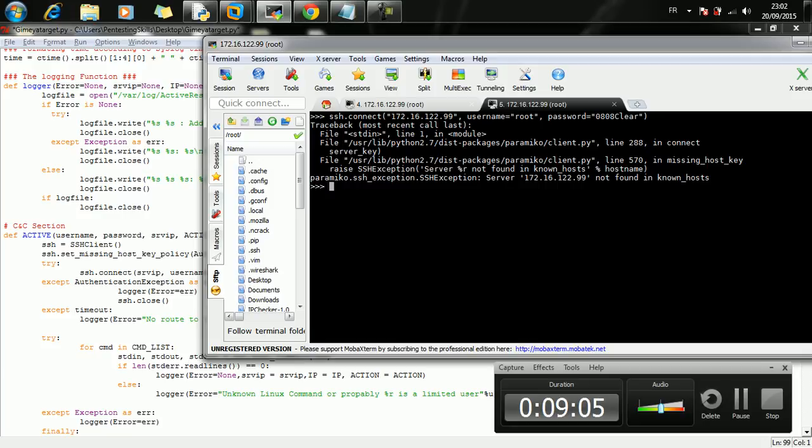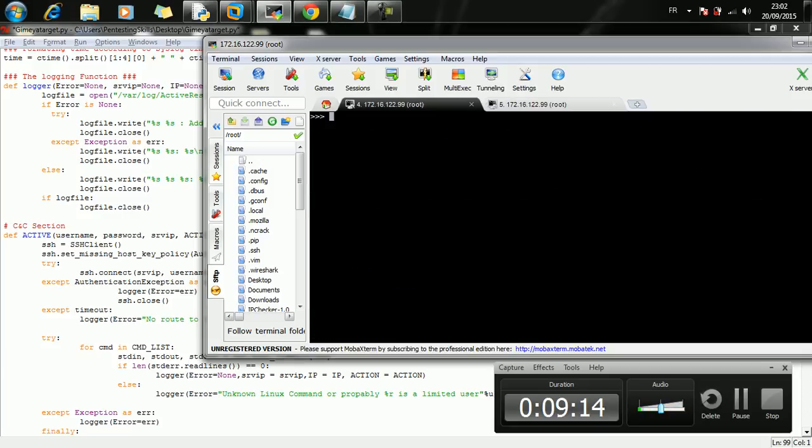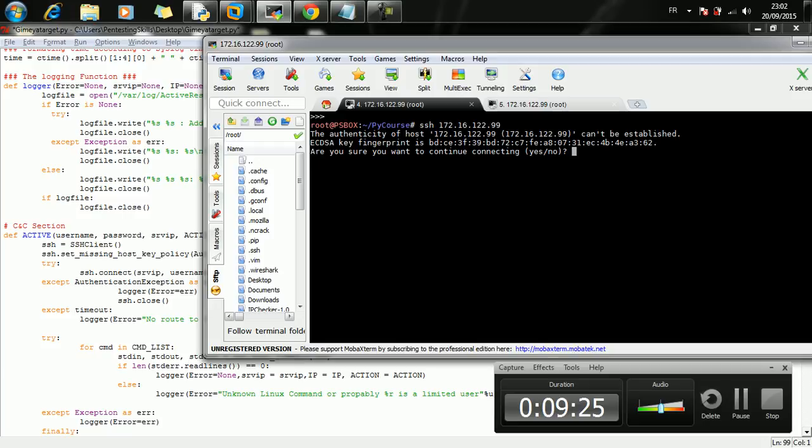Okay, so we've got an error here. This is the exception. The exception says not found in known host keys. So if we go back here and SSH over to this IP address, as you can see here, we will be prompted to accept the fingerprints. So we have to accept the key or the fingerprints, so the key would be added to the